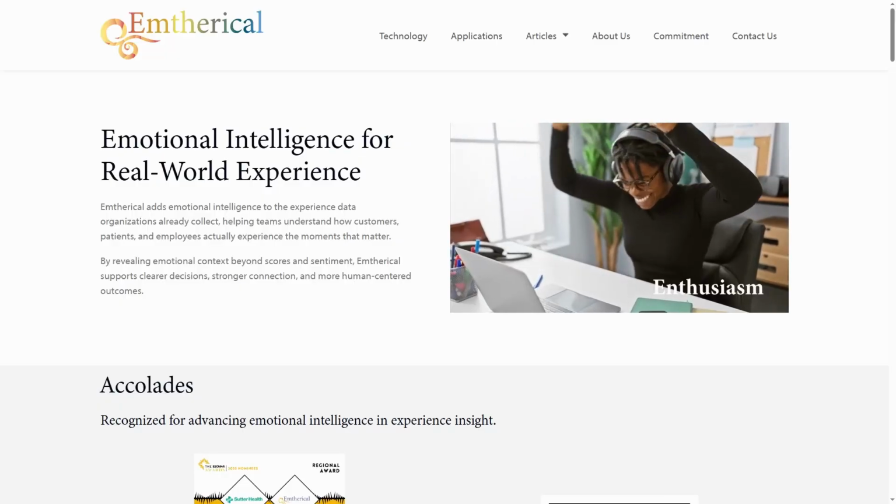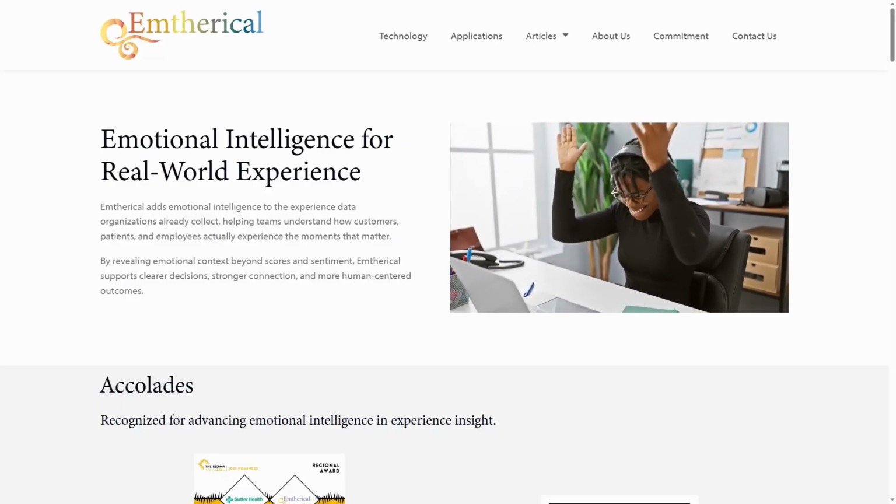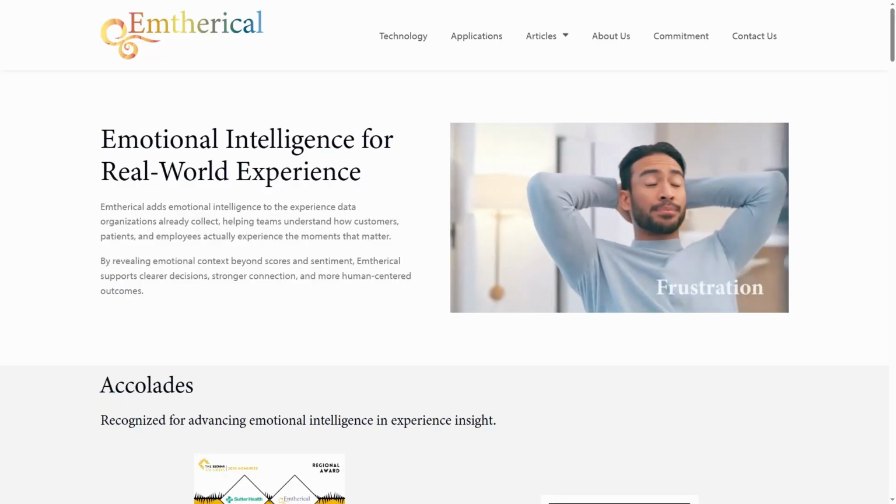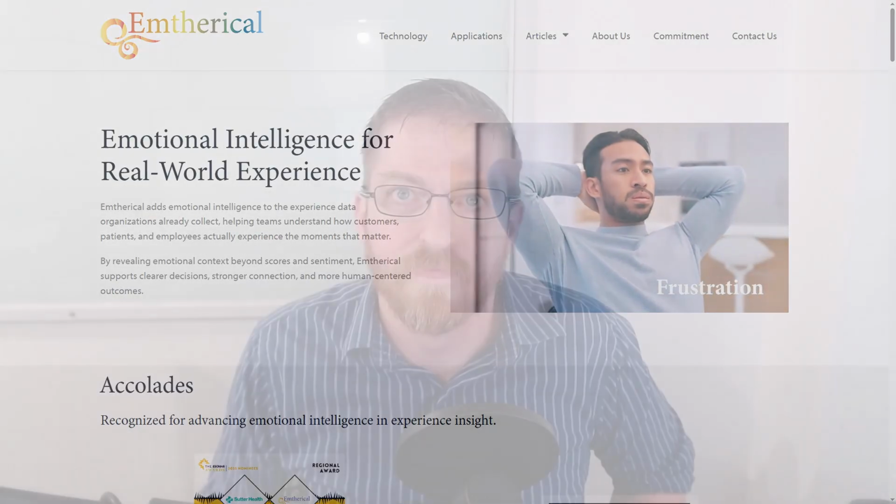I'm the CTO and co-founder at Emtherical, where I designed and built the entire technical engine for an emotional intelligence SaaS platform from scratch. In the last 5 years especially, I've focused on implementing large language models in ways that are scalable in terms of business goals, ethical in terms of data privacy, sustainable in terms of cost and optimization, and most importantly, auditable. Working with black boxes is well and good and necessary, but you can always turn them into gray boxes so that you have a greater degree of control over the outputs, which should be measurable and